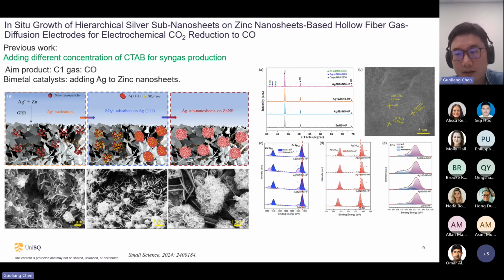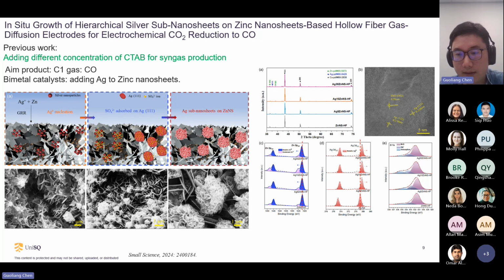So based on the previous study, I found that, because the zinc catalyst has zinc 002 and zinc 101, it is hard to improve its selectivity for CO to more than 80%. So I found that if we can introduce another metal into this catalyst, maybe we can improve the selectivity of the CO product. I tried different metals, but here I use a very facile and convenient method,